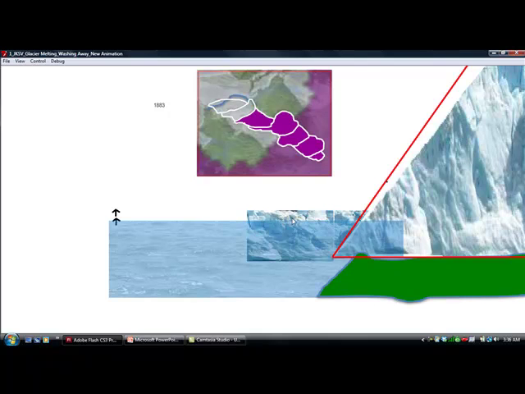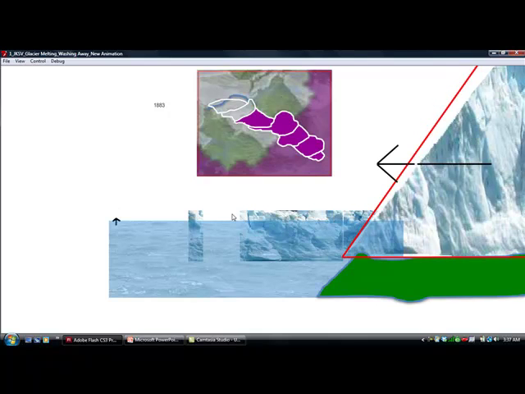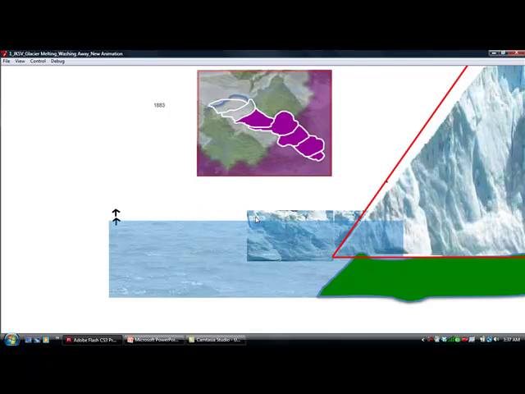You can also click on the glaciers. For example, you can drag this to the left, and you'll see what happens when the glacier broke off. And you can drag it to the right,